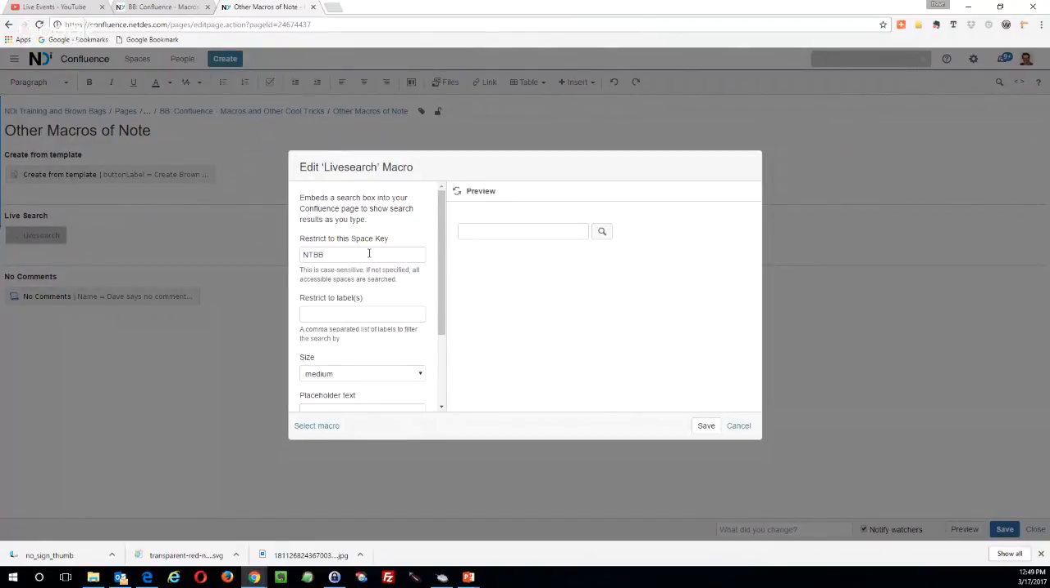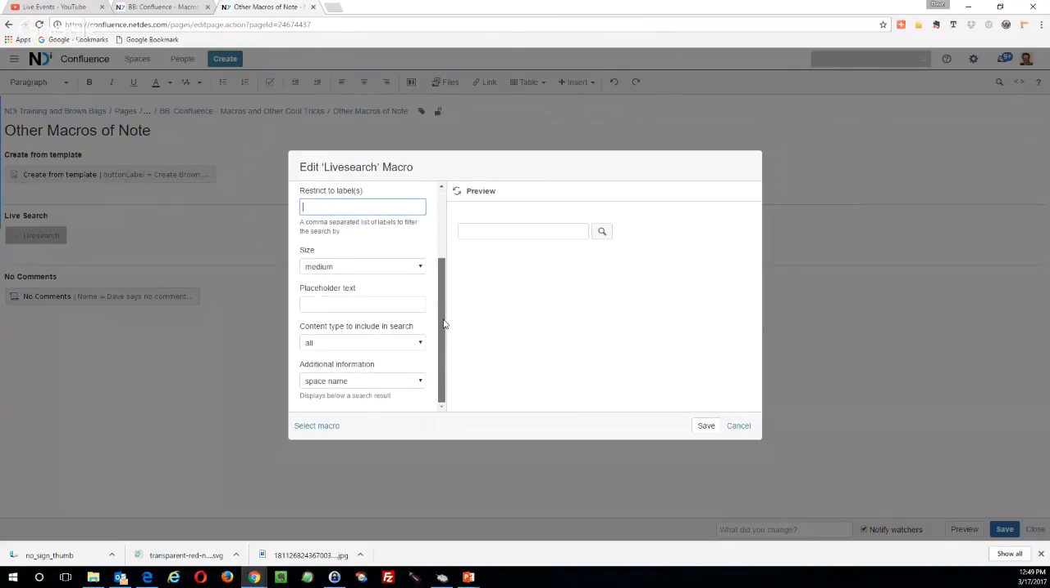And that's that. Now, it defaults, I think, to All spaces. If not specified, all accessible spaces are searched. You can also restrict it to specific labels if you want. For example, if you have the live search on a page that you are using to categorize meeting minutes, and every meeting minute page under there has a label on it that says meeting minutes,